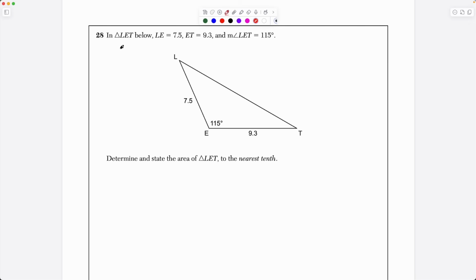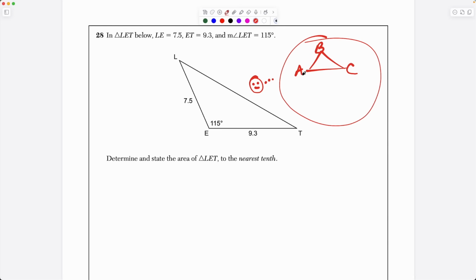Question 28: in triangle LET below, LE equals 7.5, ET equals 9.3, and the measure of angle LET equals 115 degrees. And we have to determine and state the area of triangle LET to the nearest tenth. So for this one, the formula that comes to mind is the area of a triangle formula involving trig. So when I have a triangle like this, let's say I call this triangle ABC,